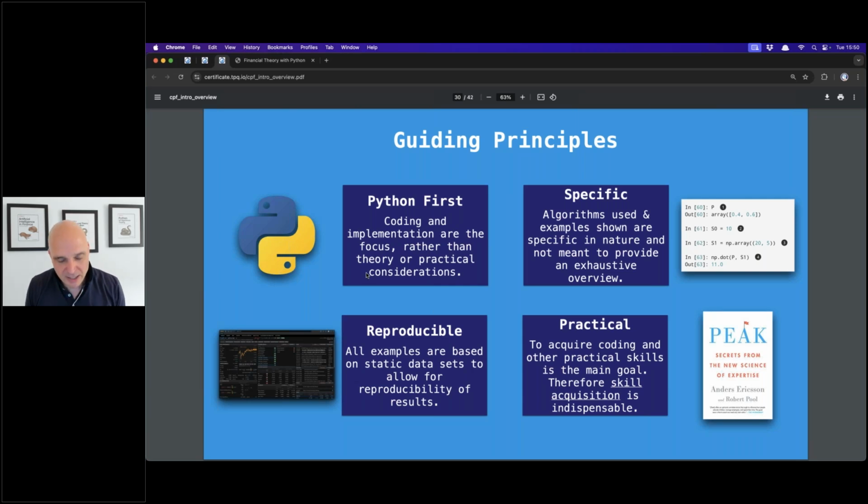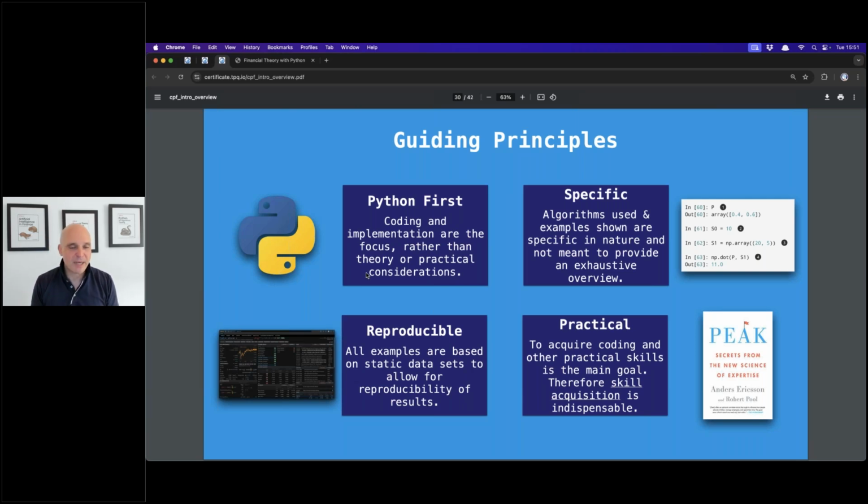And then I replied in general, well, you need to respect that we are a Python first program, right? Our ambition is not to have an exhaustive set of trading strategies that we teach you in the algorithmic trading part. It's rather that we want to teach the skills, the Python skills and